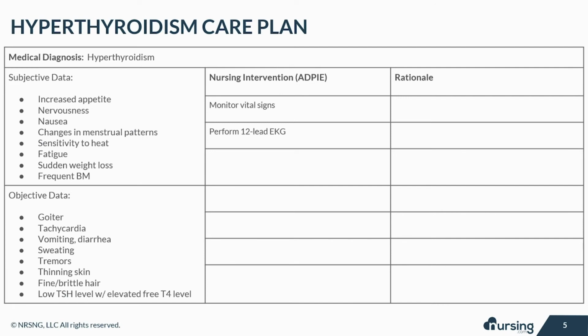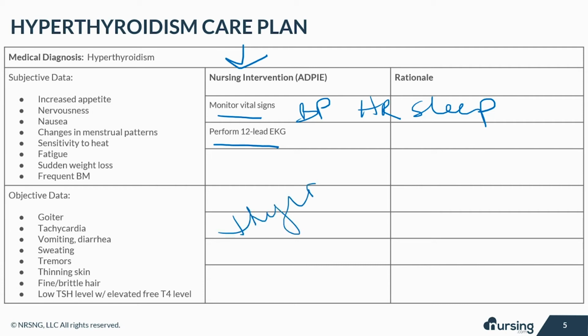Okay, let's take a look at some of the nursing interventions when caring for a patient with hyperthyroidism. Monitor vital signs, including orthostatic BP assessment and pulse and heart rate during sleep. Orthostatic hypotension can occur as a result of increased metabolism and excessive peripheral vasodilation. And assessing the pulse during sleep can give a more accurate measure of tachycardia. Perform a 12-lead EKG and monitor the patient for tachycardia, as this can indicate stimulation by the thyroid hormone and